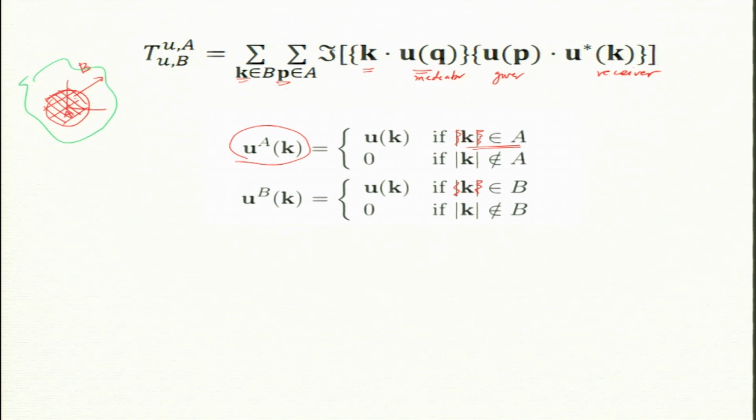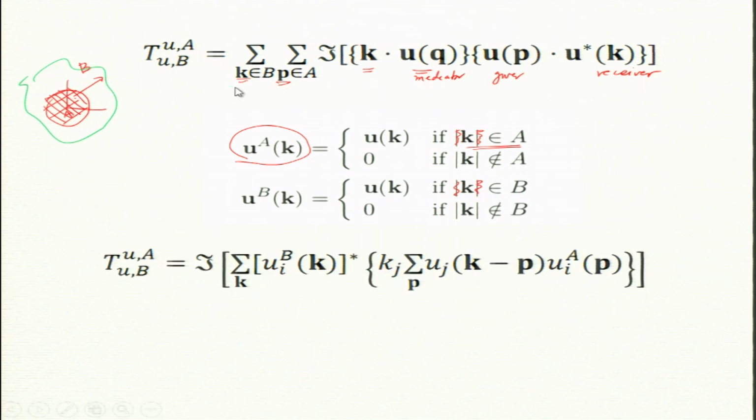Now, after this it is quite easy. This is again a convolution, but you do not do the convolution, as it will be very, very expensive. So, we use the idea of the fast Fourier transform again, and the idea is the following. I rewrite the above equation like this: kj uj, where q is k minus p. This whole thing is written here. Can you see that? The giver is ui of A.